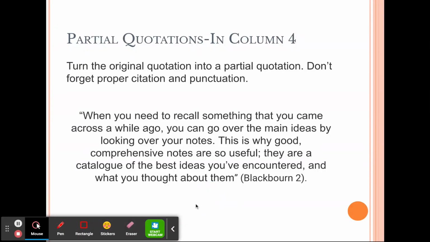So the last thing you're going to do is you are going to take one part of this original quotation, a phrase, 3 words, maybe 4, and you're going to take those words and put the rest into your own sentence. So the words that you pull should be in quotation marks, but the words that are your own ideas are not in quotation marks. You still need to include the citation, Blackboard 2, with the period on the outside. So this is your final step. When you have completed this,